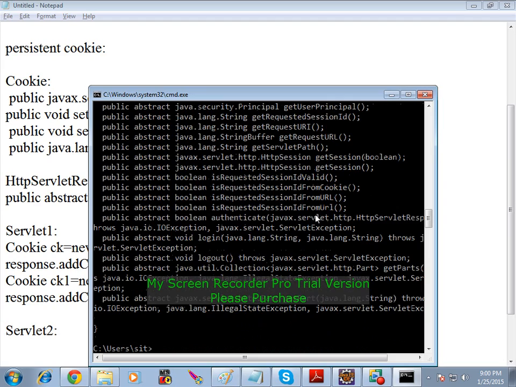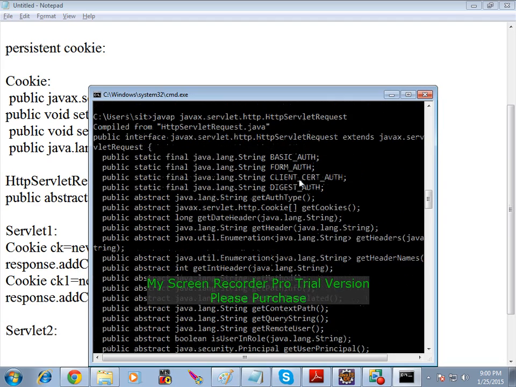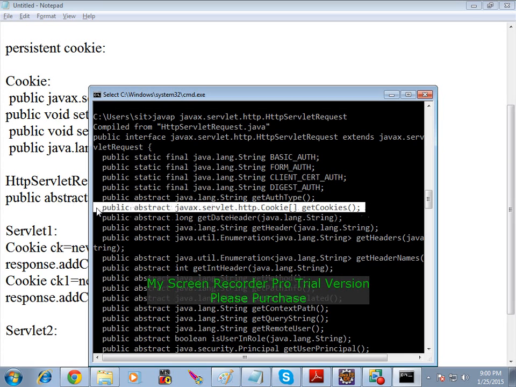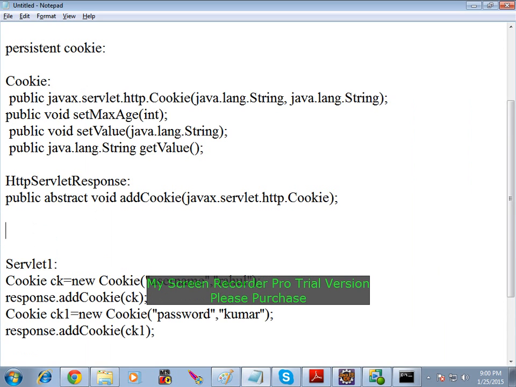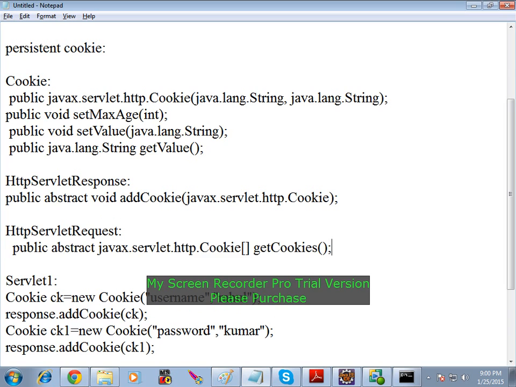Just check whether you are having that method or not. Yes. What's the method? getCookies, whose return type is what? Here, in HttpServletRequest, getCookies returns what?